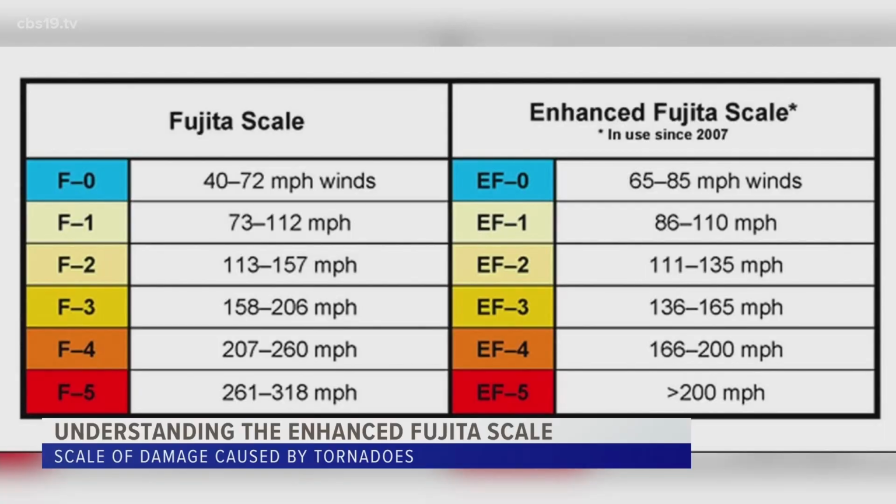So, the Fujita scale, or the Enhanced Fujita scale. The Fujita scale was determined by how much wind was created by the tornado. The Enhanced Fujita scale goes a different direction and is determined by how much damage is caused by the tornado. Now, we're going to go over both scales, talk about the differences between them, and maybe talk about the sizes of the tornadoes.